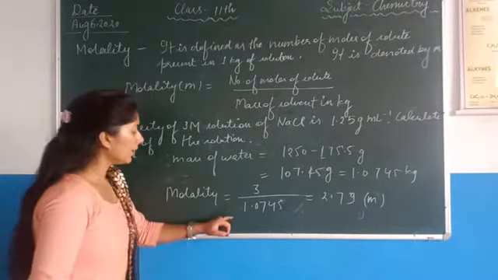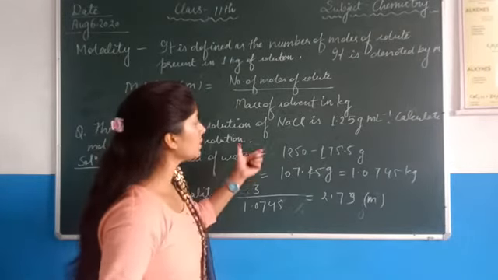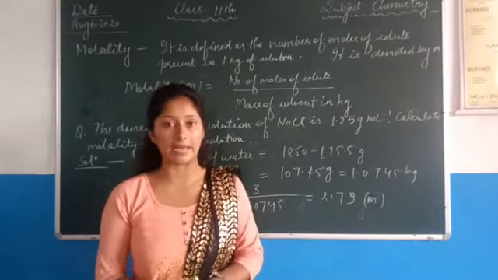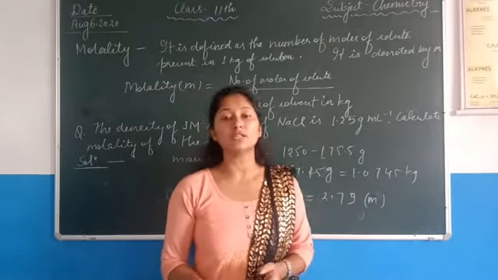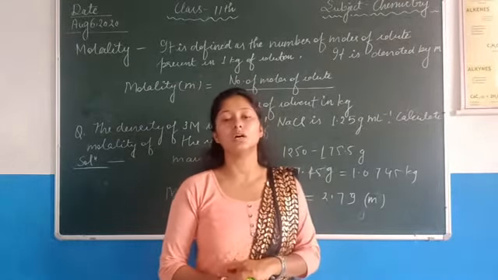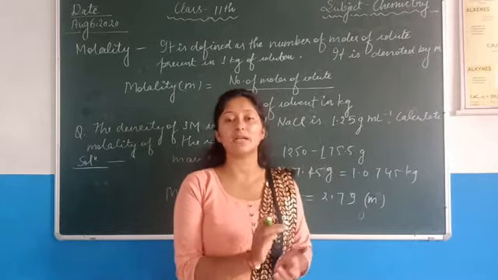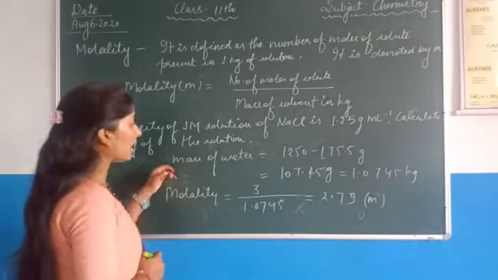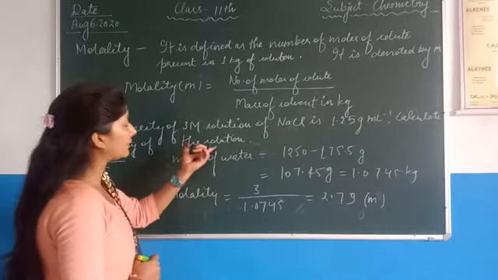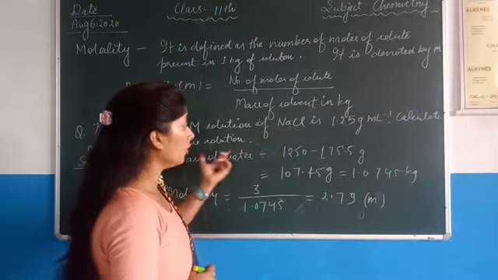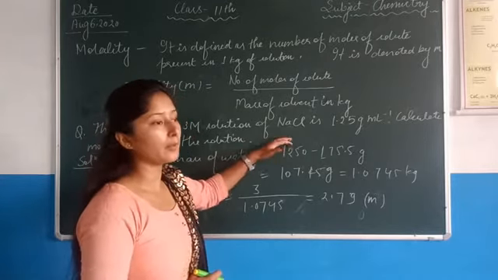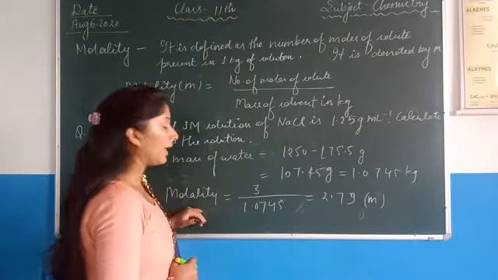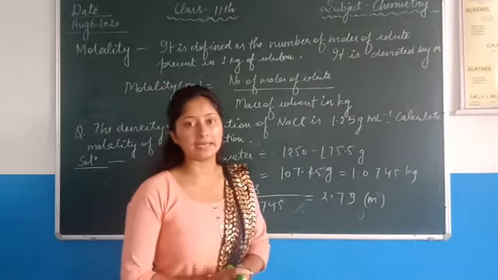Okay, so in chemistry we have given such problem and we have to find out molarity and molality. Okay, so first of all we have to find out some quantity, such in this case we have to find out mass of water, and some quantity is given here. So by applying appropriate steps we can calculate molarity as well as molality.